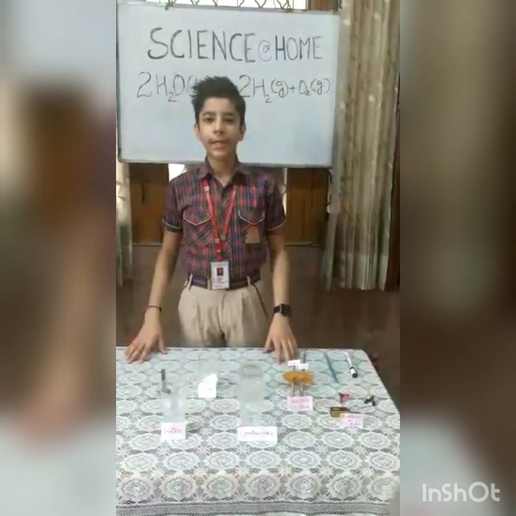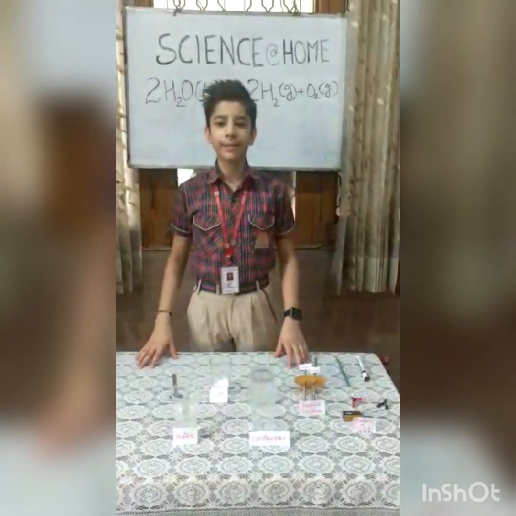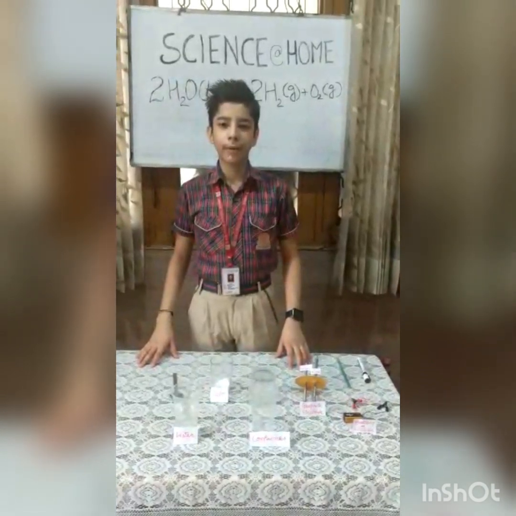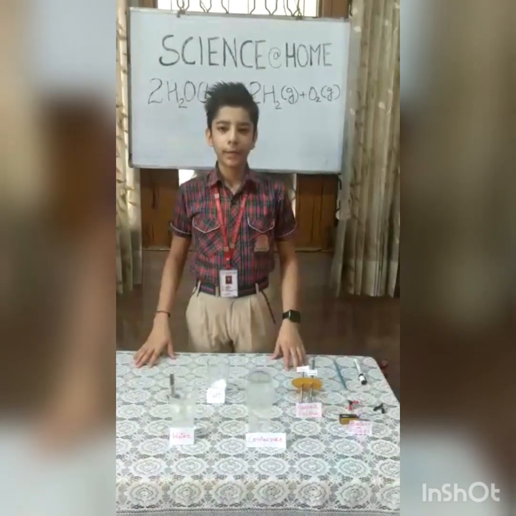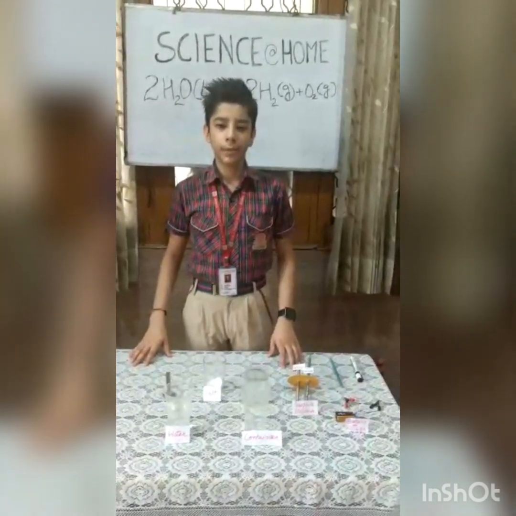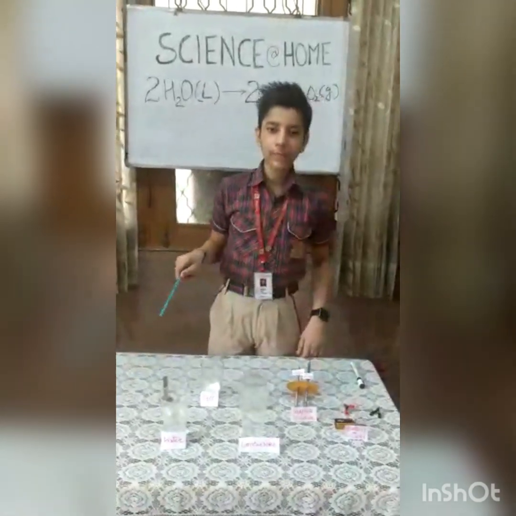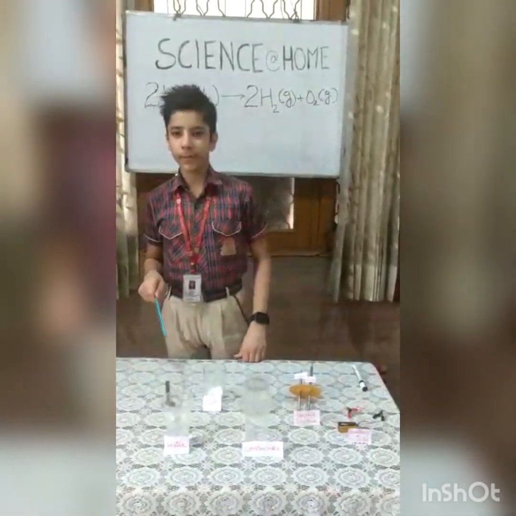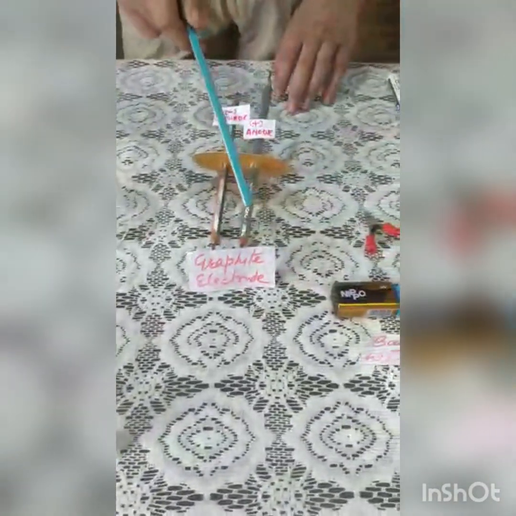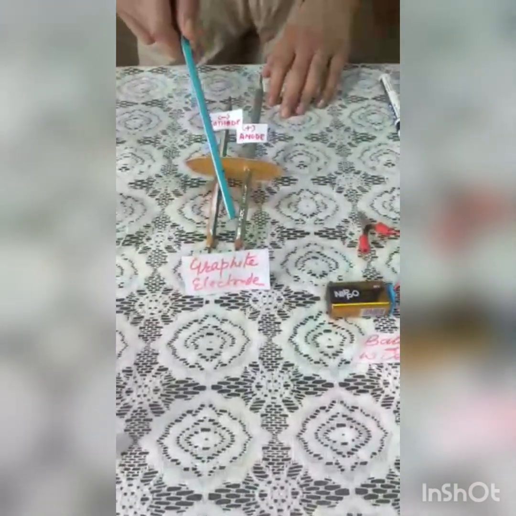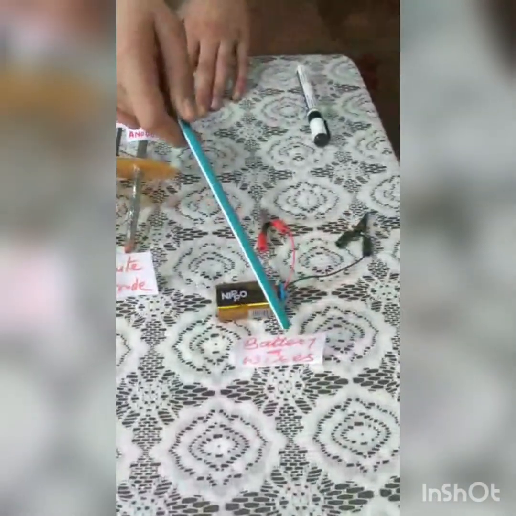Hello everyone, welcome to this super exciting scientific video where we will see what will happen when we electrocute water. Means what will happen when electric current is passed through water. Here I have all the materials we need for the experiment. We need water, salt or a few drops of acid or base, container, graphite electrodes, but I'm using pencils sharpened on both sides for that. Battery and wires.